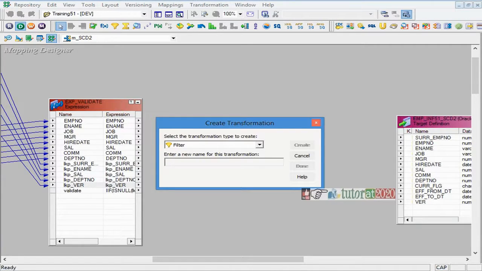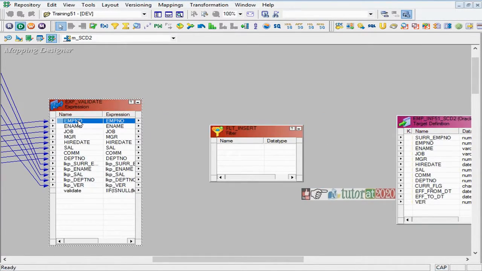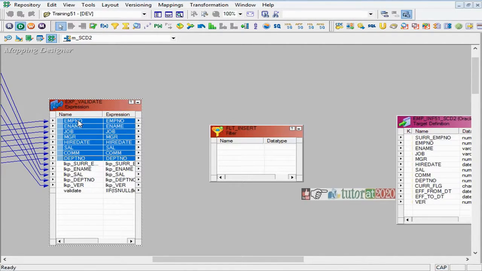So I'm creating a filter for insert. What are the records I'm supposed to insert? I'm taking all the records from here.